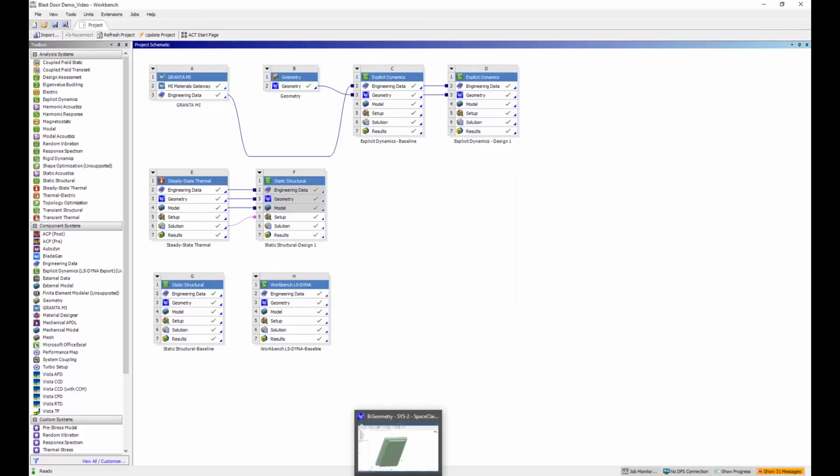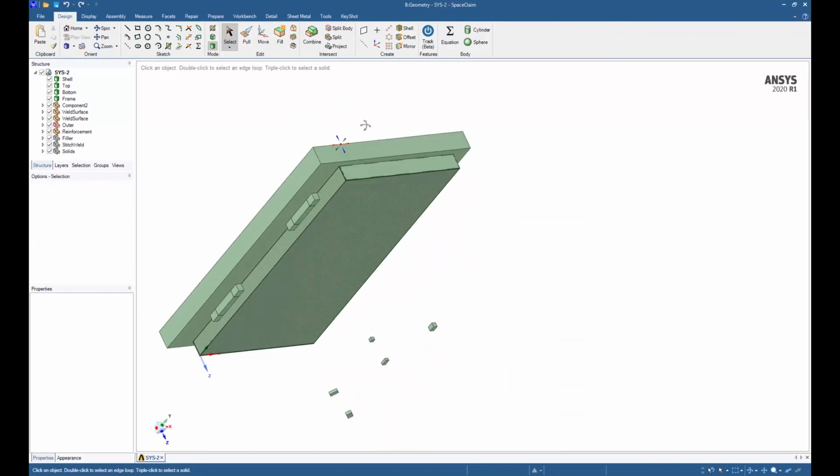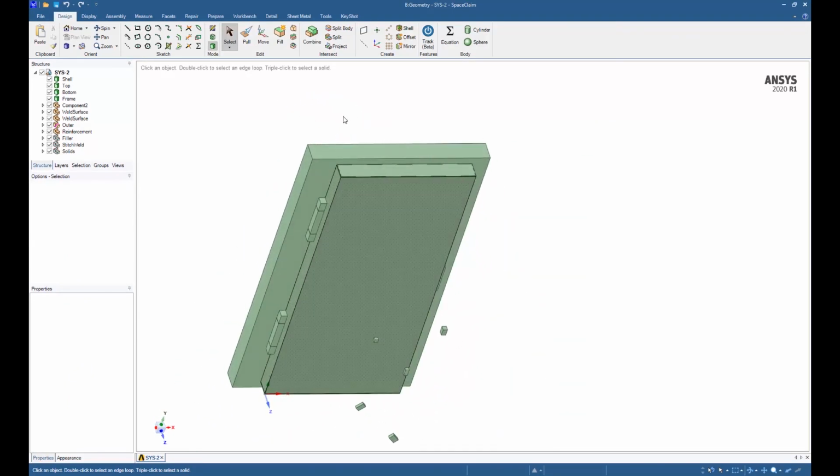Once we got the CAD model, we simplified it using SpaceClaim, which is an ANSYS CAD tool. We did all the operations in SpaceClaim to simplify it, create shells, mid surfaces, etc. And then once the model was created, we used ANSYS Explicit Dynamics to do the simulation of the particles impacting the blast door.